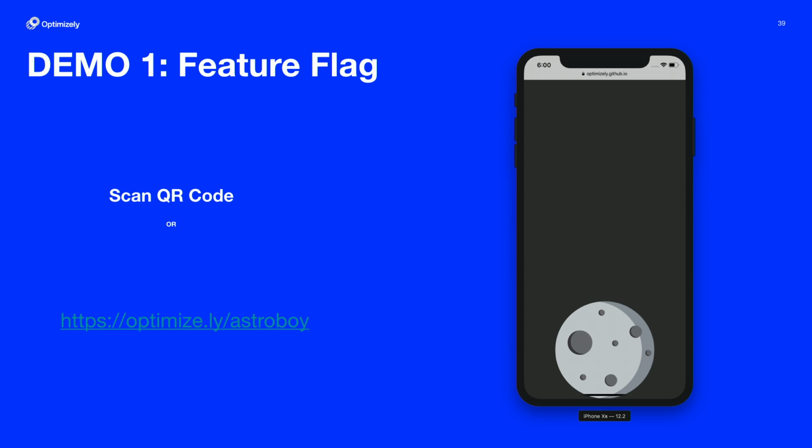So if you could all pull out your phones and open up the camera app and scan the QR code, you should see this moon. Let me know when you see the moon by raising your hands. Awesome. Where's the QR code? Oh, on these little slips that we've handed out. Awesome. And we could put it online as well. Great. So at this time,